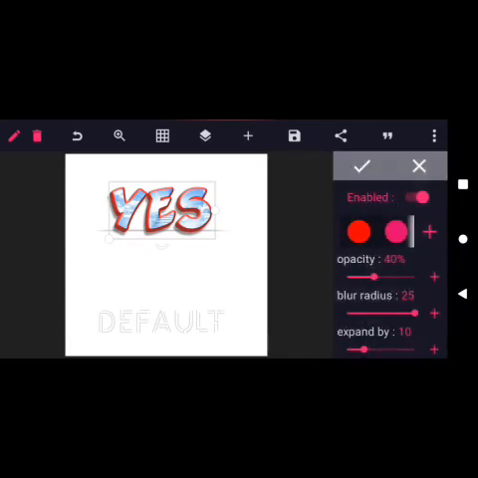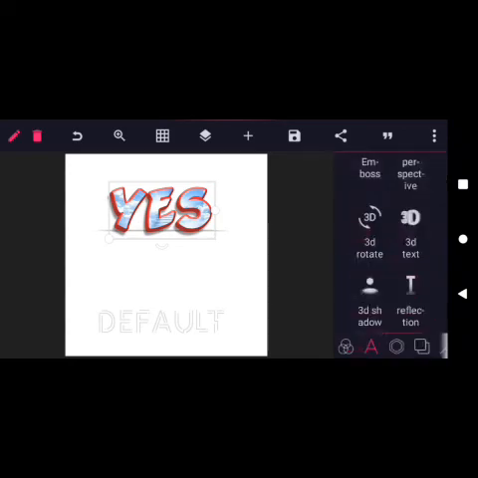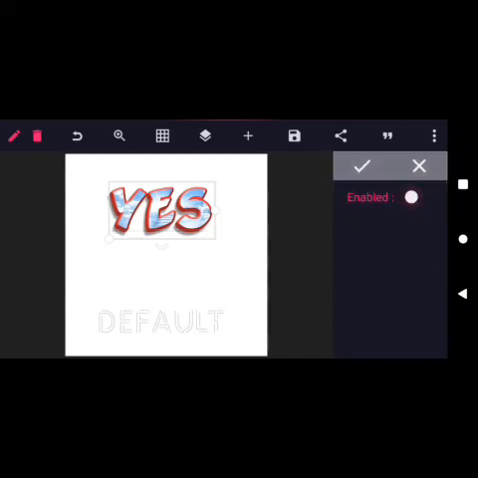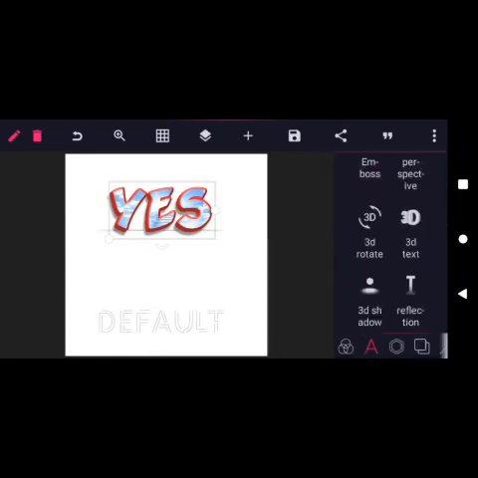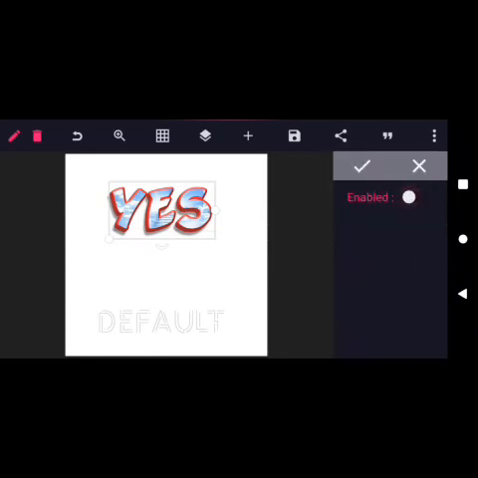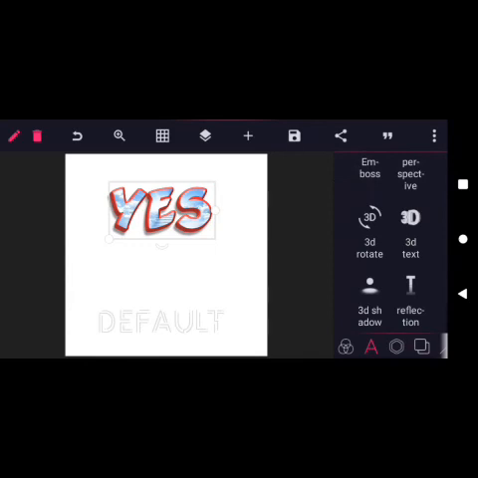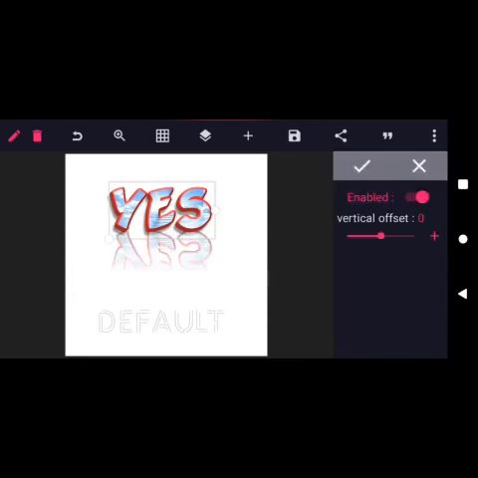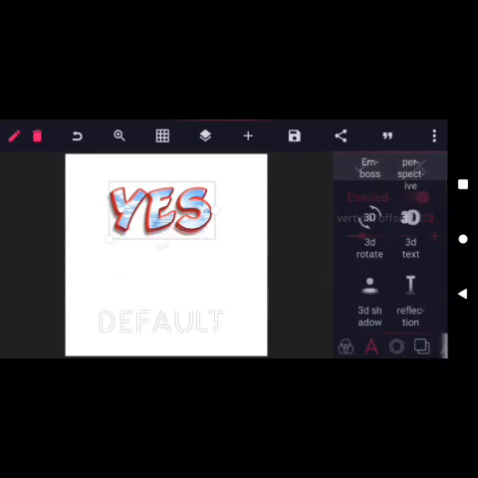This is 3D shadow. That is 3D shadow. So the shadow will just be at the down side. I cancel it. I don't need it. So I disable it. Sorry, where is it? Disable it. Press OK. Okay, then this is reflection. That is what reflection does. Makes it look as if it is double. So anyhow, we come to the end of